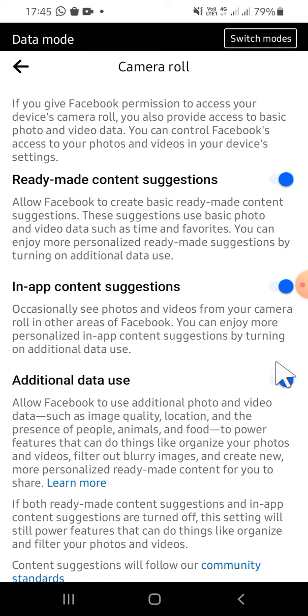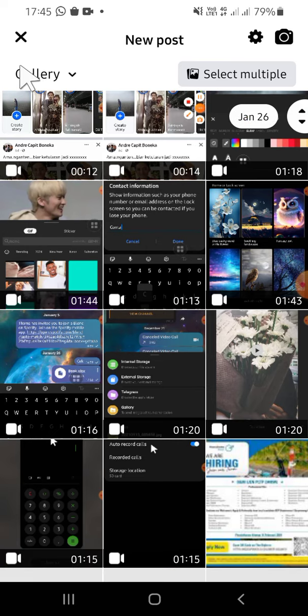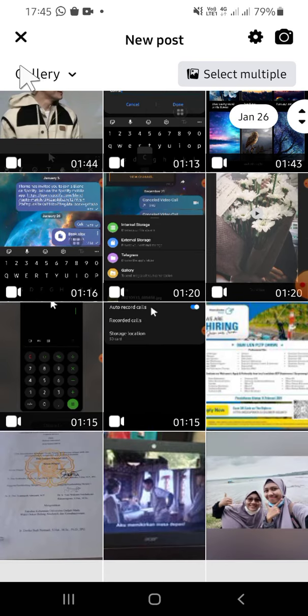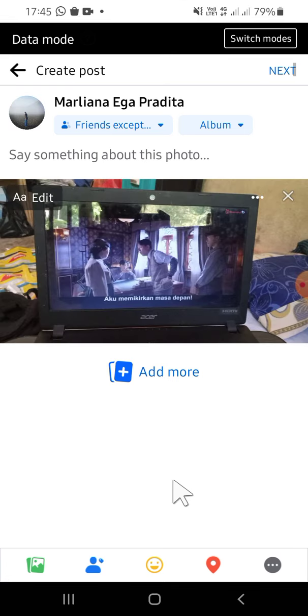high quality. So we can just go back, then select the photo we would like to upload, and for example I'm just going to select this one. Okay, then after you're done, you can post this photo or this picture to your Facebook account. Alright guys, and that's how basically we can upload high quality pictures to